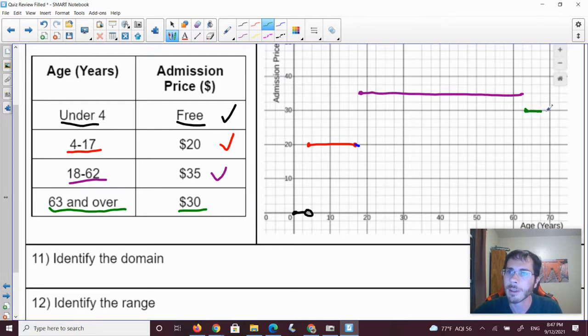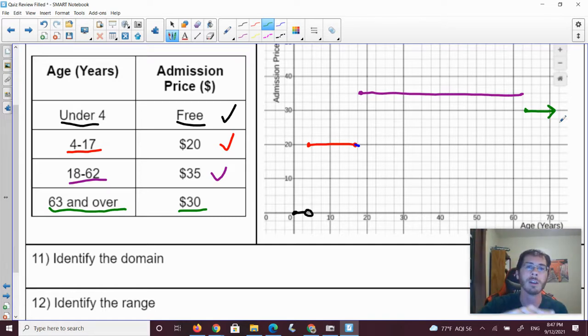63 is right there, and then over would be out to infinity. So even if you were infinity years old, you'd still have to pay $30. All right, so that's what our graph looks like. It's a piecewise function. We can see, again, with most piecewise functions, each line represents a different part of the